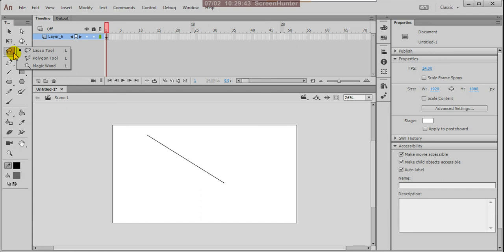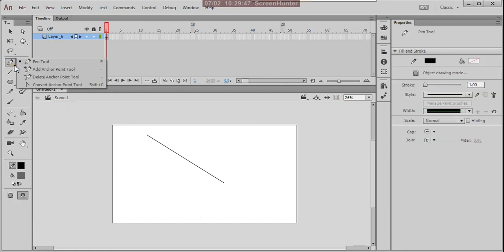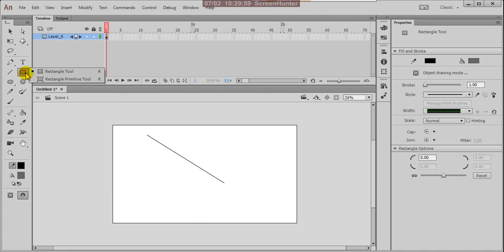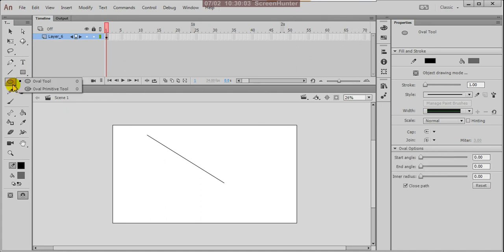Lasso tool, polygon tool, magic wand tool. Pen tool: within it the add anchor point tool, delete anchor point tool, convert anchor point tool, and this is the text tool and line tool, and here the rectangle tool, rectangle primitive tool, and this is the oval tool and oval primitive tool, and the polystar tool, and this is the pencil tool, paintbrush tool and brush tool.